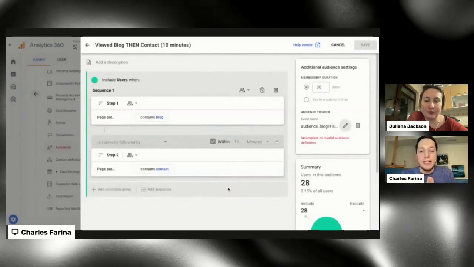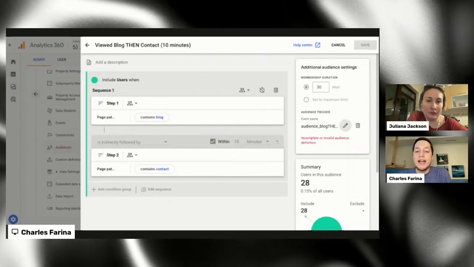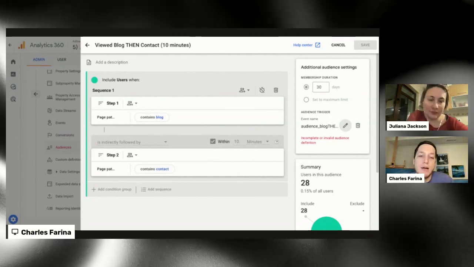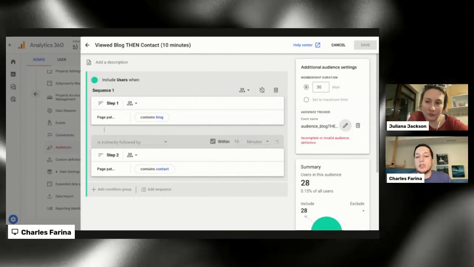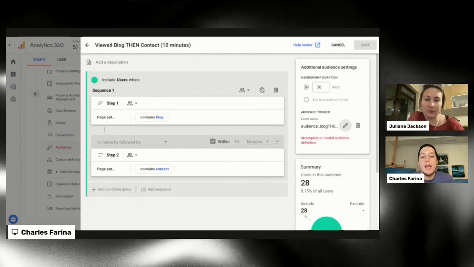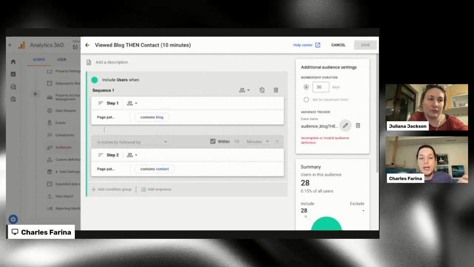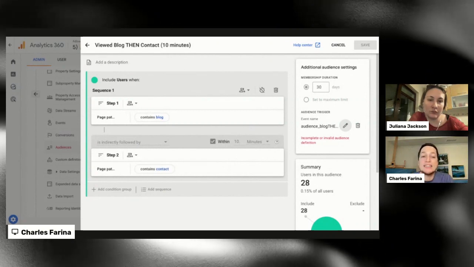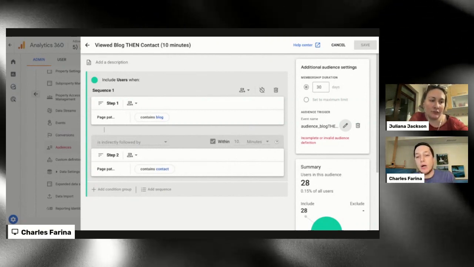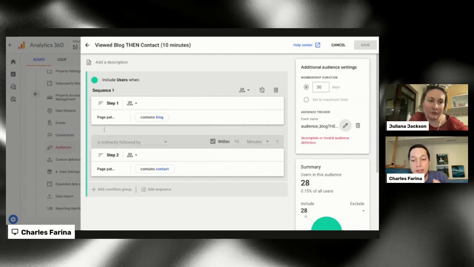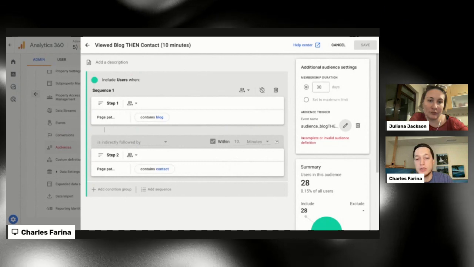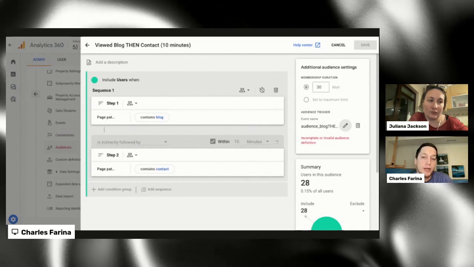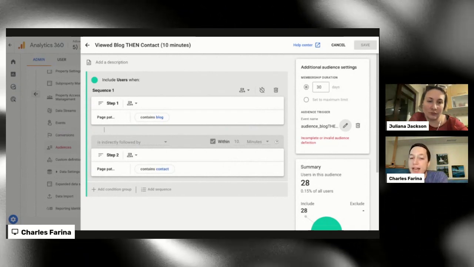So what that means, in summary, is that any audience you create, you can actually have audience-based conversions. Think about people who purchase $50 or more of product, or people that started filling out a form, watched the video, and clicked on 3 things. You could add all this complicated logic as a sequence or an audience condition, and now you can have the audience itself be a conversion. That is why it's much more sophisticated from a capability perspective than what we had in Universal. So going back to that question, this is a way, I think, to turn it around into something more positive, where when we're moving over to GA4, instead of just replicating our conversions,